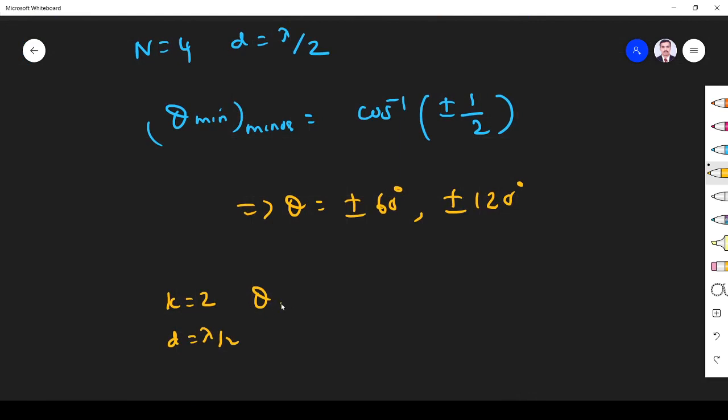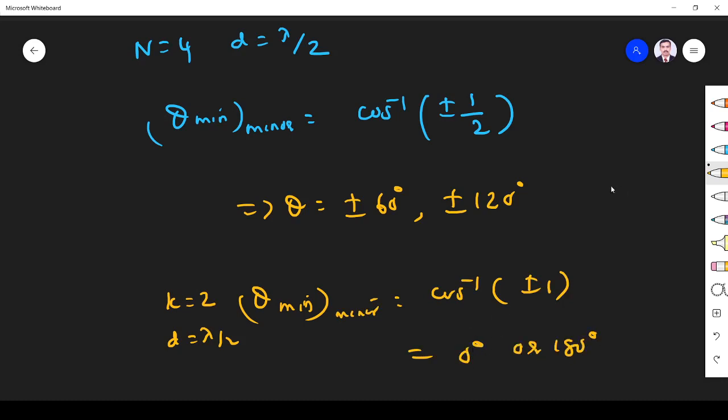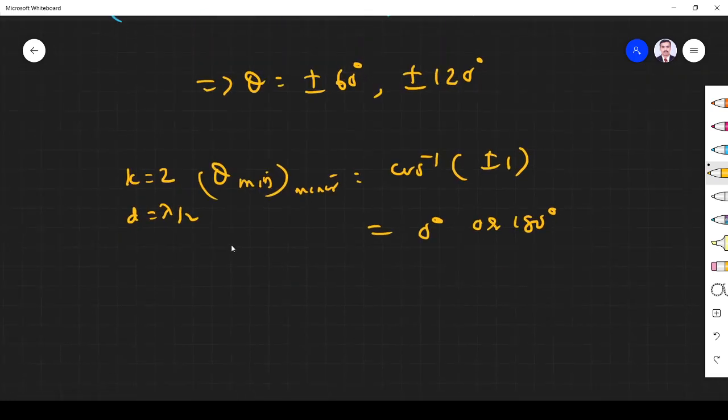This will indicate theta minimum for minor lobe is given by cos inverse plus or minus 1. Cos inverse plus or minus 1 is equal to 0 degree or 180 degree. So you see how many major lobe, minor lobes are there, right? Minor lobe minima here 1, 2, 3, 4, 5, 6. So from this we understand 6 minor lobes